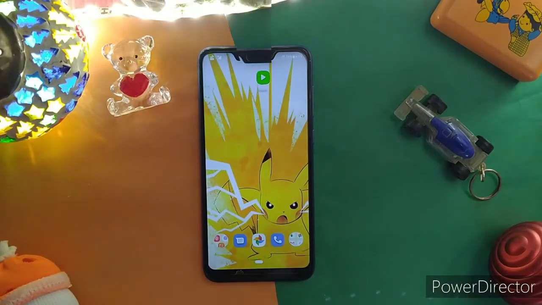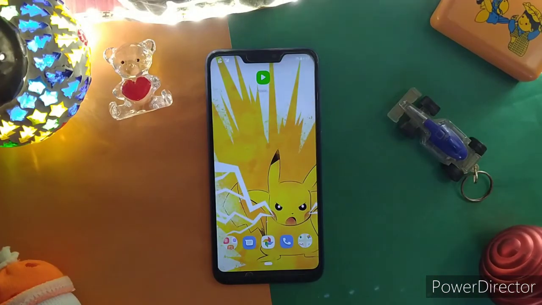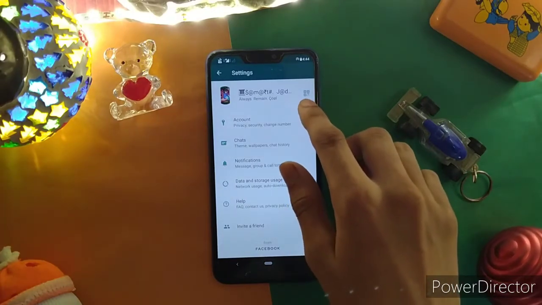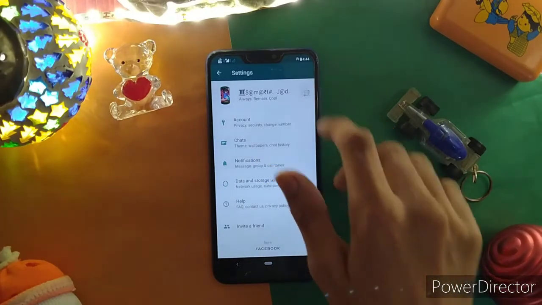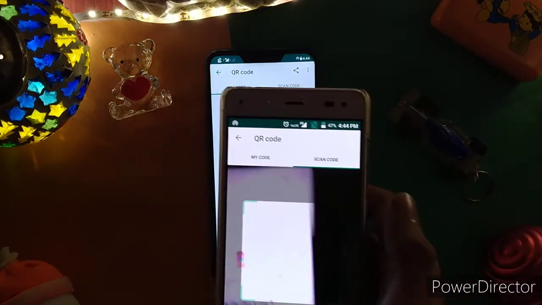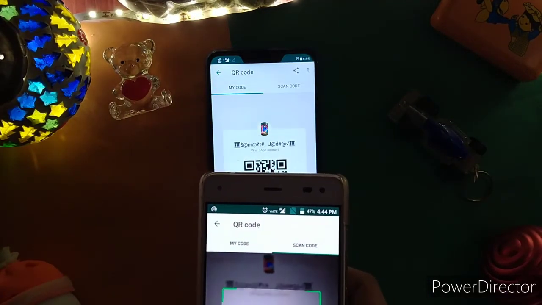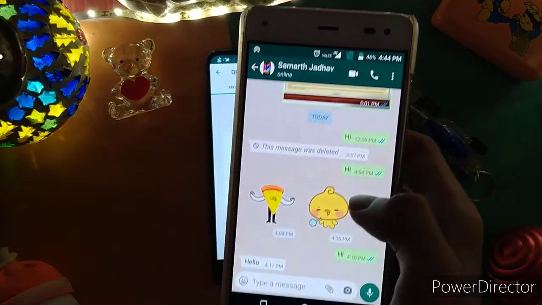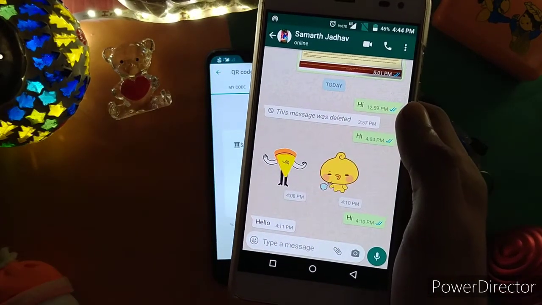And now our third trick is how to chat with any person without saving their contact. Simply open the settings and click here the QR code icon, and after that scan this code on another person's phone, and after that you see the chat has opened,